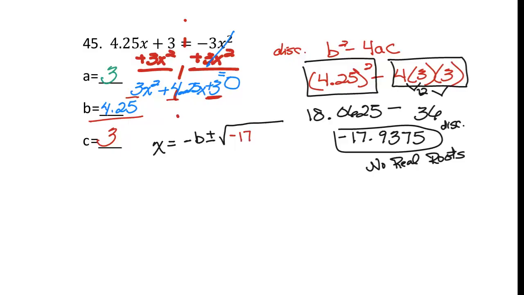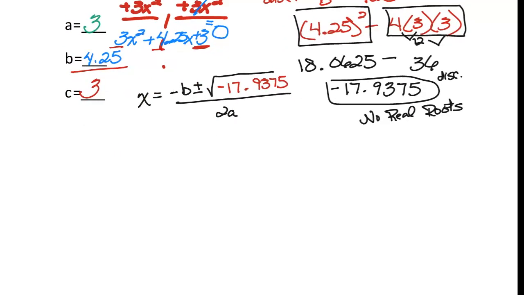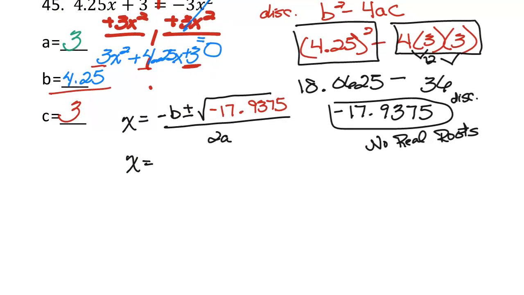Negative 17.9375 divided by 2a. So now let's put the rest of it in. X equals the opposite of b. B is 4.25, so this is going to be negative 4.25